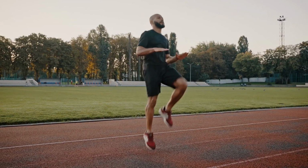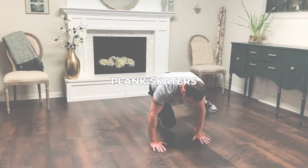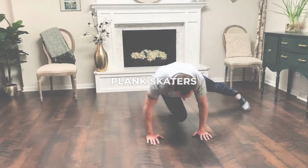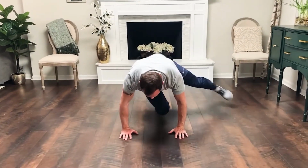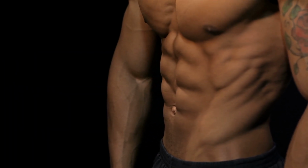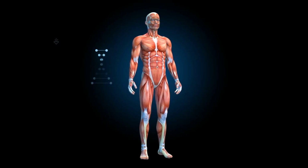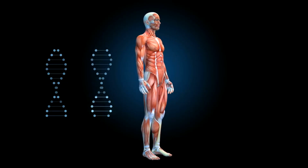The fifth home exercise to lose belly fat faster is plank skaters. This exercise boosts your heart rate, engages your shoulders, core, and legs, and it specifically targets your obliques while challenging your cardio. Have you noticed the similarity between these exercises? These are 2 things they all have in common. They get your heart rate up and engage multiple muscle groups at the same time, which makes each exercise efficient